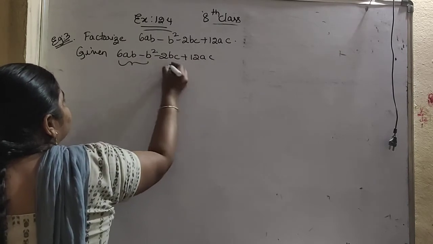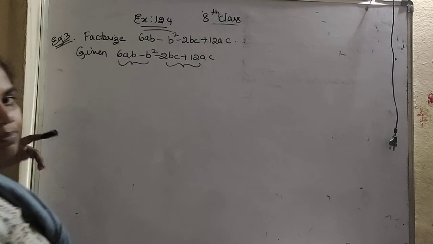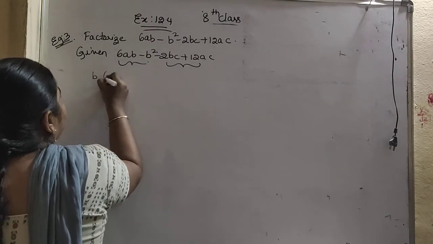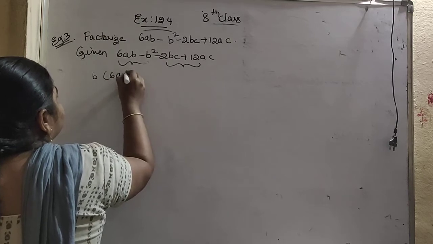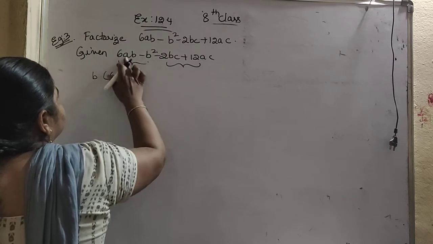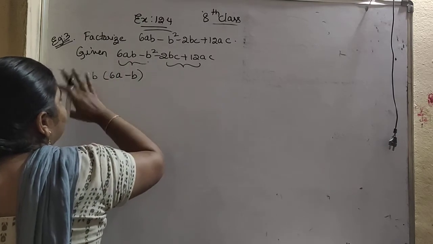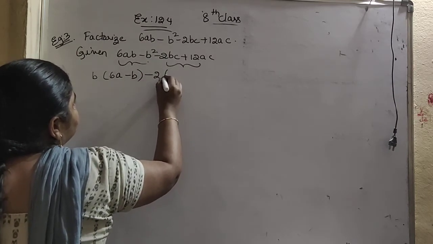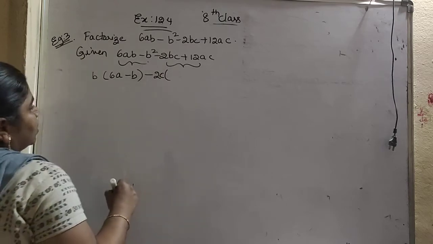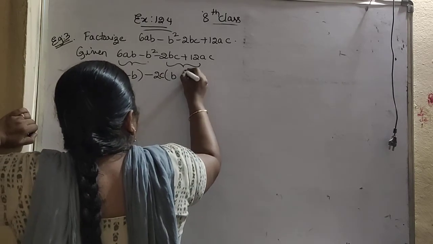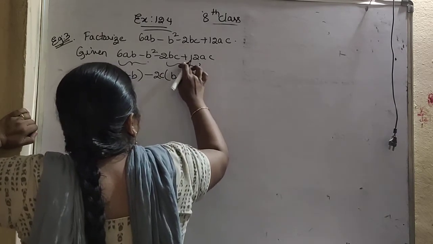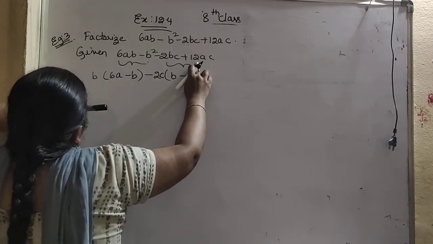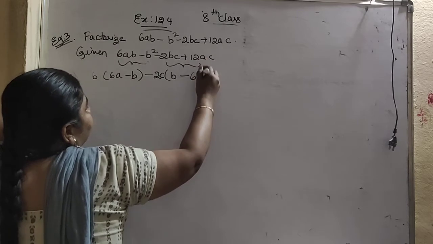From the first 2 terms and from the last 2 terms I am taking out the common values. In these 2, only b is common. So the remaining terms I am writing the same: 6a minus 1b, since 1b we have already taken as common. Then from minus 2bc I am taking 2c as common. What is remaining? b is remaining. Minus into minus will be plus. Here 2 sixes are 12, and in this a is remaining.